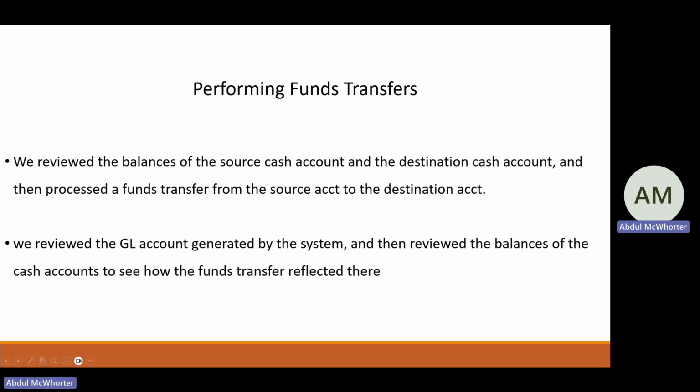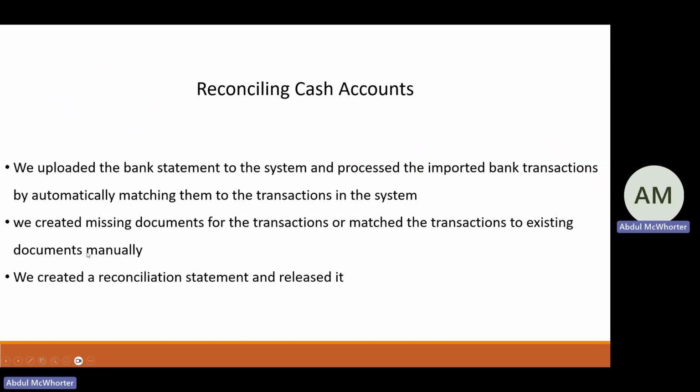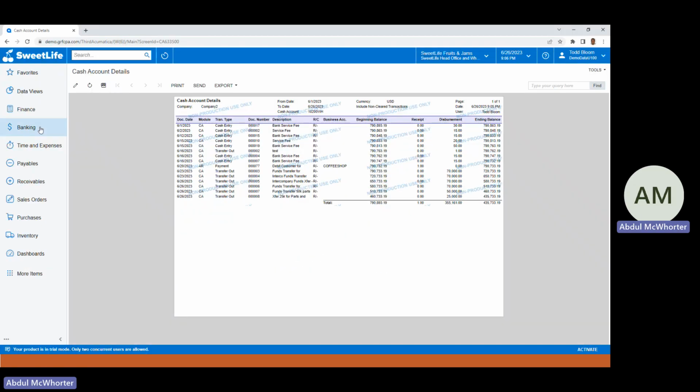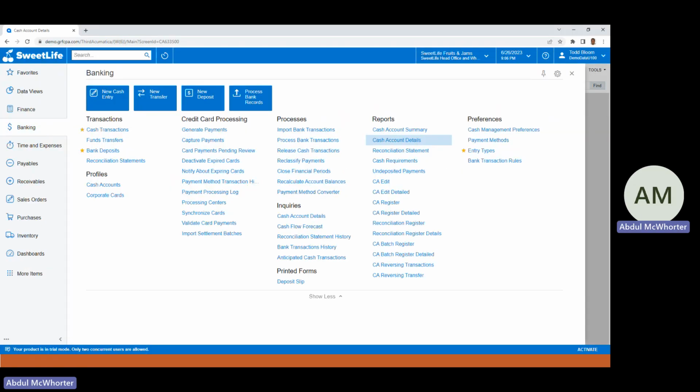Okay, so let's just keep moving. And in the next portion, as we come to the third section of our demonstration, we'll be talking about reconciling cash accounts. Okay, and so let's just go ahead back to our banking workspace. And in reconciling cash accounts, we talk about a few things, but